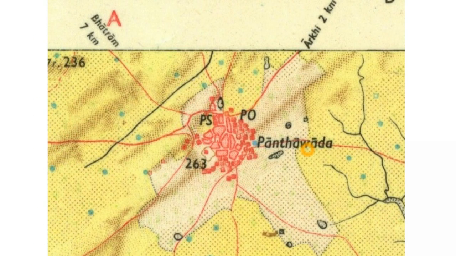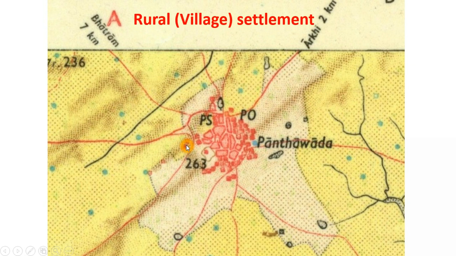Now, if you look into this one particular map, the yellow wash says that this is an agriculture area, and in the middle of the agriculture area we can see a number of buildings are clustered together. We have permanent huts here, then some large buildings are there, post office is there, police station is there, one temple is there. Then we can see a number of cart tracks are coming into the settlement. So this kind of a settlement essentially is a rural settlement, a village settlement.